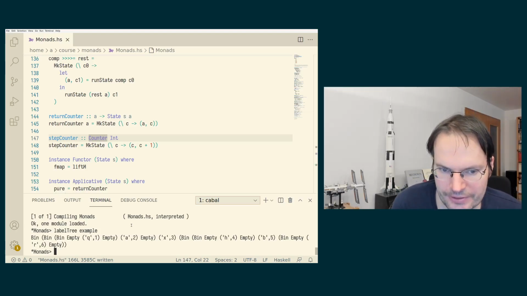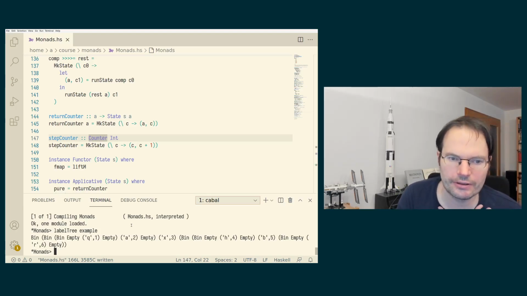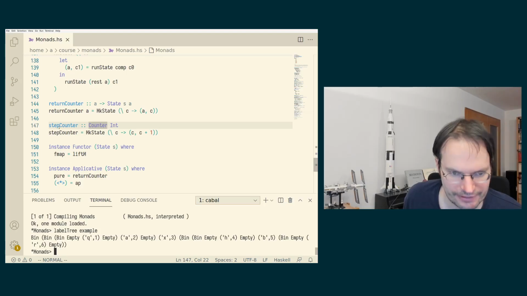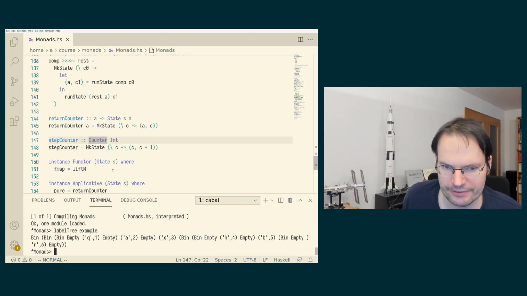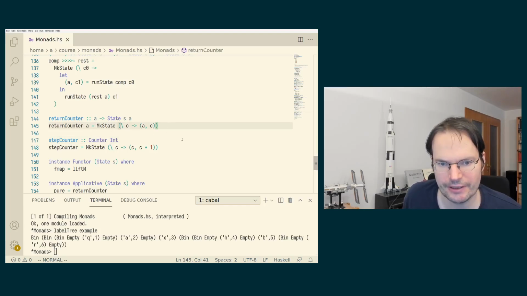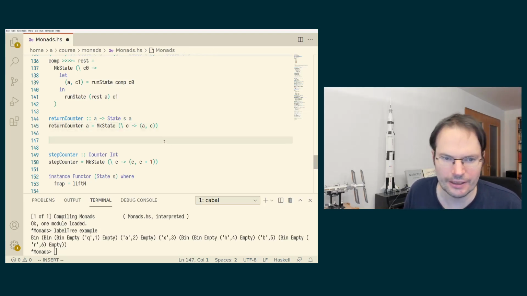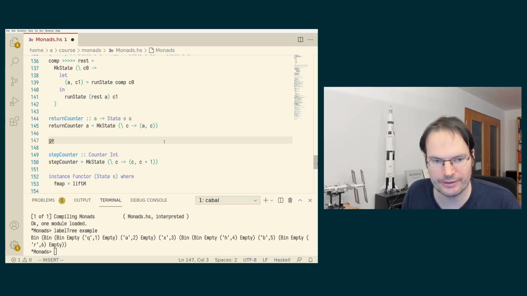Now we still haven't used anything from the libraries, but now we are very close to what we have in the libraries. The only thing that we need to look at again is stepCounter. Because we have this general State type in the libraries and not the specific Counter type in the library, stepCounter is not a primitive operation. Instead, what the libraries are offering for the general state situation is a function, or actually an action called get,